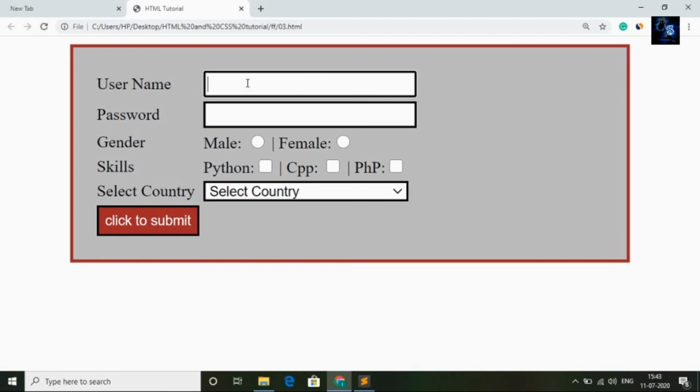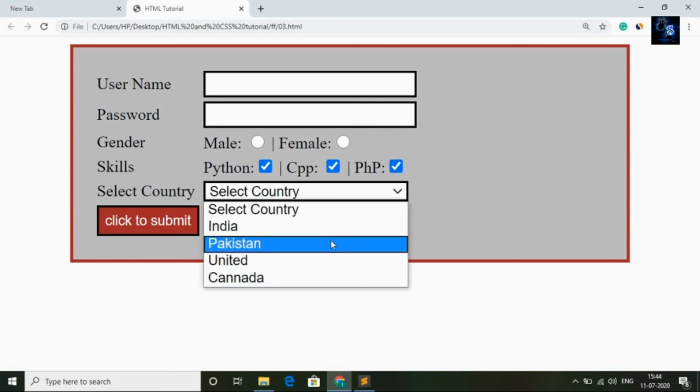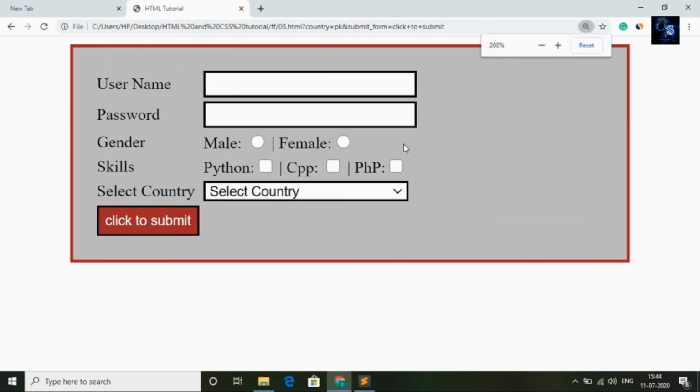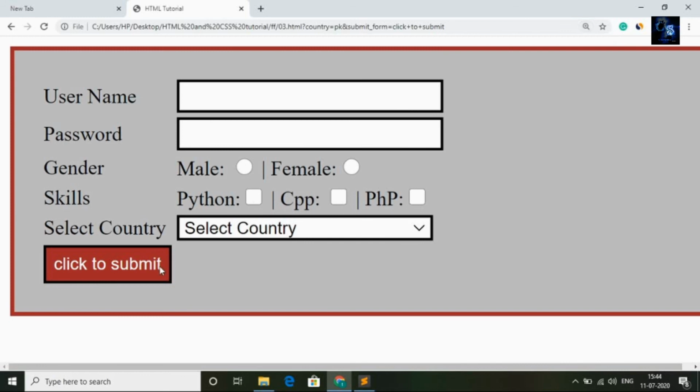Here the user can enter his name, password, he can select male or female, and he can also select a skill, Python or C++ or PHP, and he can also select a country, then he can click on submit. This is the actual form. Now I will zoom. Here you can see the form.